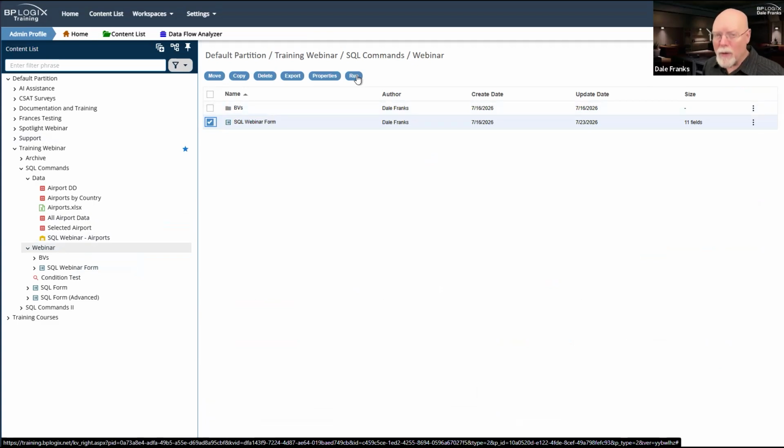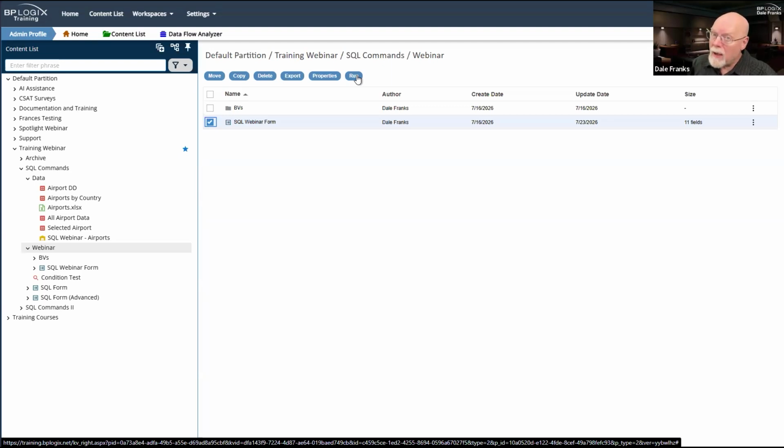You might not want the user to see any of the details of your database and its setup that can be gleaned by just looking at a detailed error message that shows the entire SQL statement. So as you saw in the configuration of the SQL command custom task, we're perfectly happy to show you the full error there because you're the implementer. You need that information to see how to fix it.